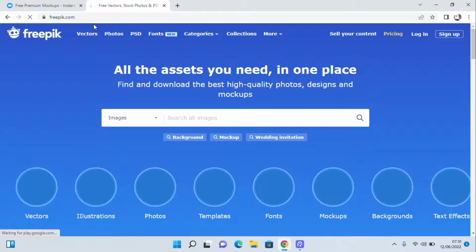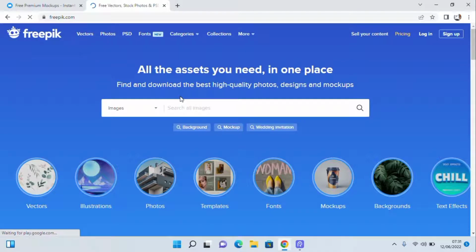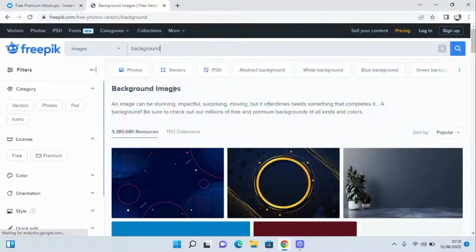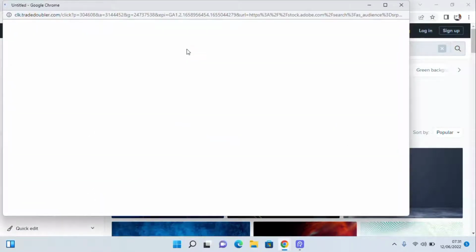Yeah, in freepik.com we have so many things here. We have background, we have mockup, we have photo, we have vectors, we have PSD file, we have abstract background, we have white background, we have blue background. Anything you want here, you just tap it. If you want flyer mockup, sorry,